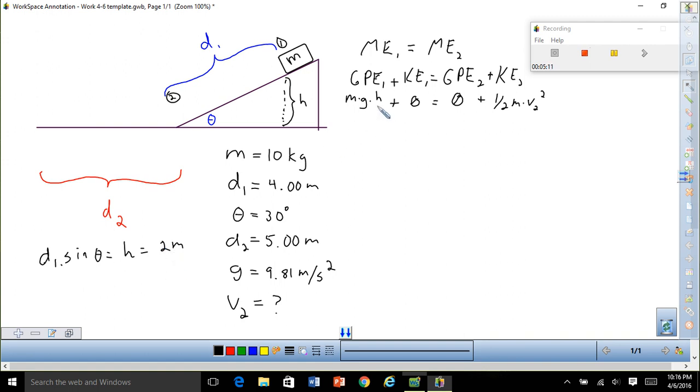So I'll put that in my formula over here. Mass of 10 times our gravitational acceleration, 9.81 meters per second squared, times our height of 2, and that is going to be equal to, that 0 of course is in there, as is this one, but we can add 0 in our heads, 1/2 times 10 times velocity 2 squared. All right, and when you perform all that work, you end up finding that the velocity is equal to